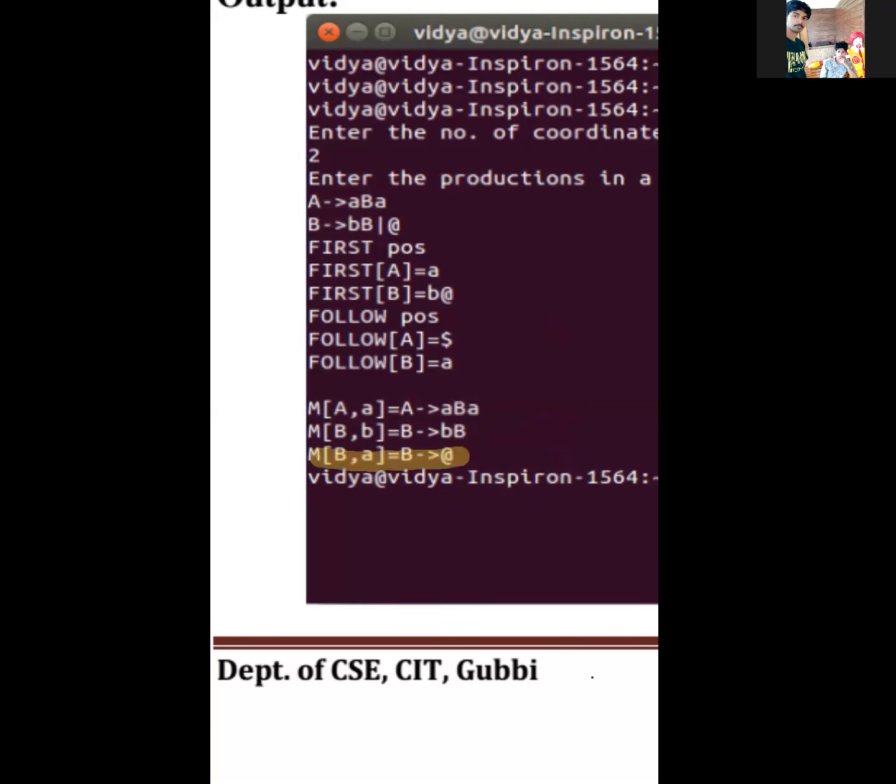See, M of B comma a: definitely it will be B tends to epsilon production. M of A comma a will be the ABA production. M of B comma b, definitely small b we will consider.